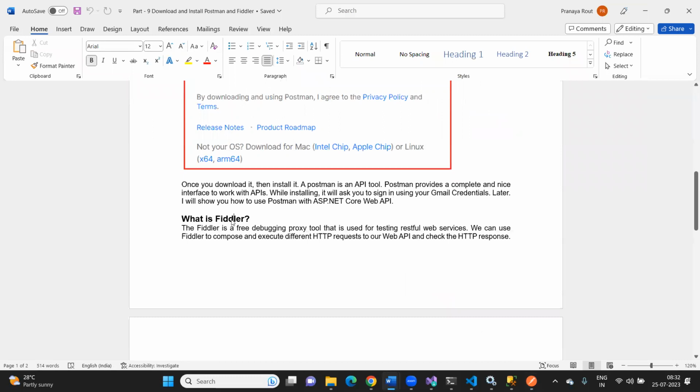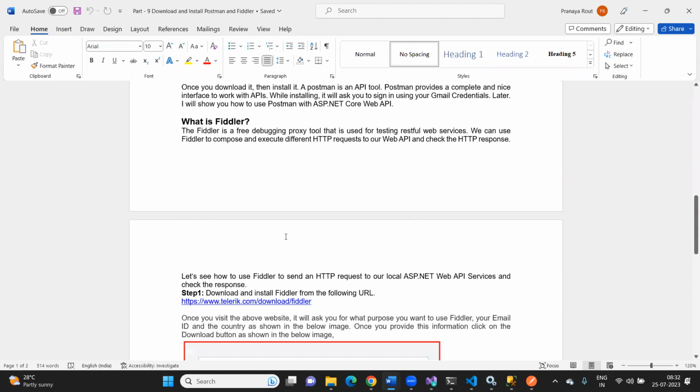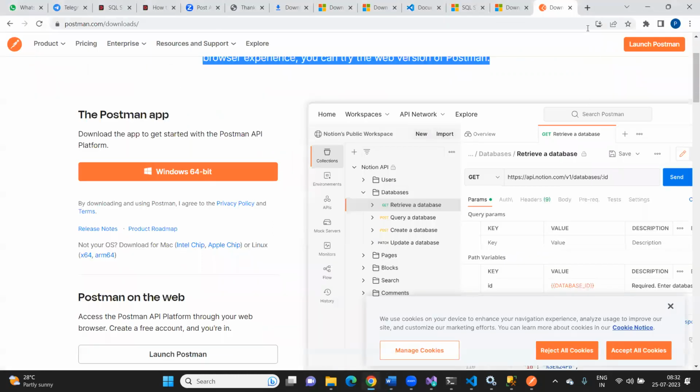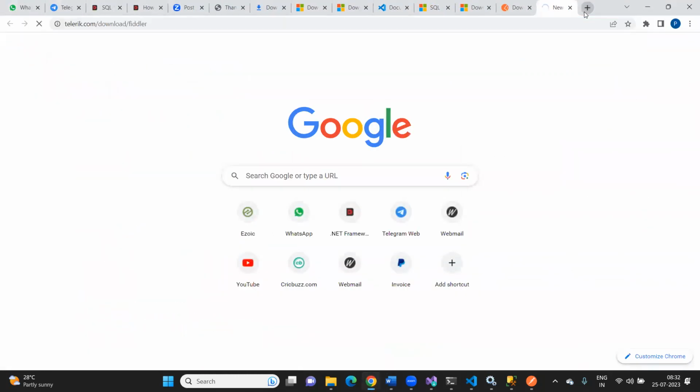Why I'm saying this, because this will capture the proxy, right? Whoever is accessing your server, whoever is browsing your internet, everything is going to be captured by this tool called Fiddler. You can also test RESTful services using this Fiddler tool. So what you need to do is go to this Fiddler link, and once you